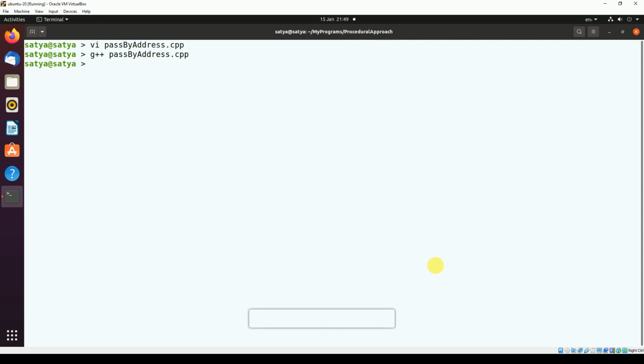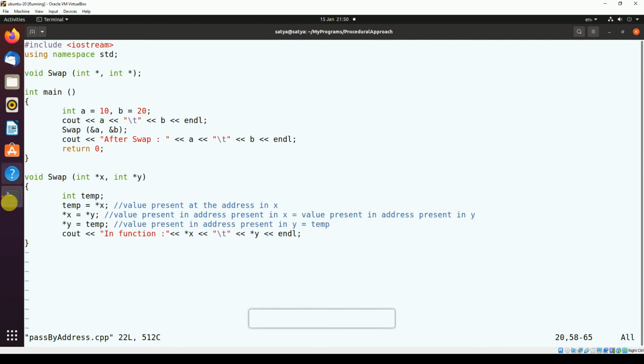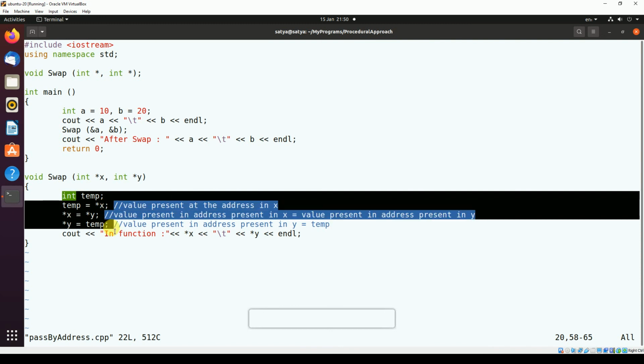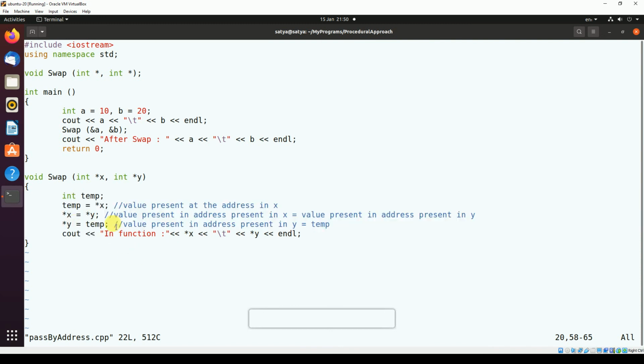Okay, compiled successfully. So see here: 10 20, in function also 20 10, after swap also 20 10. So after swap means in main. So whatever modifications you have done in the function to the arguments, those values are affected in the passed arguments also. So it is directly affected.